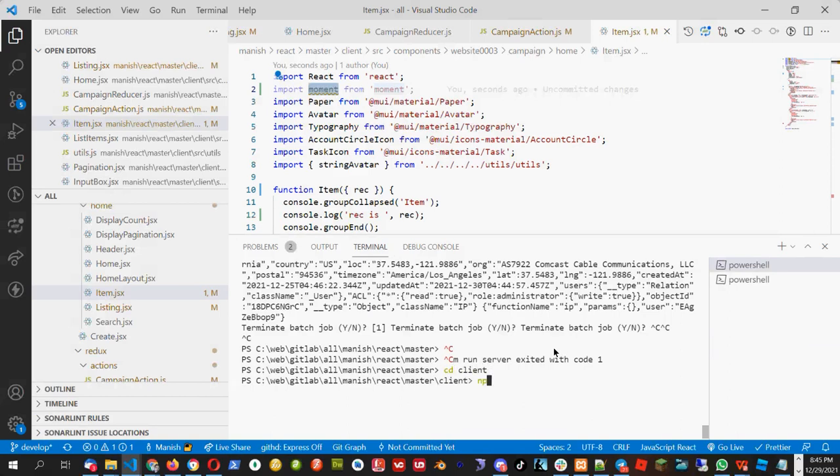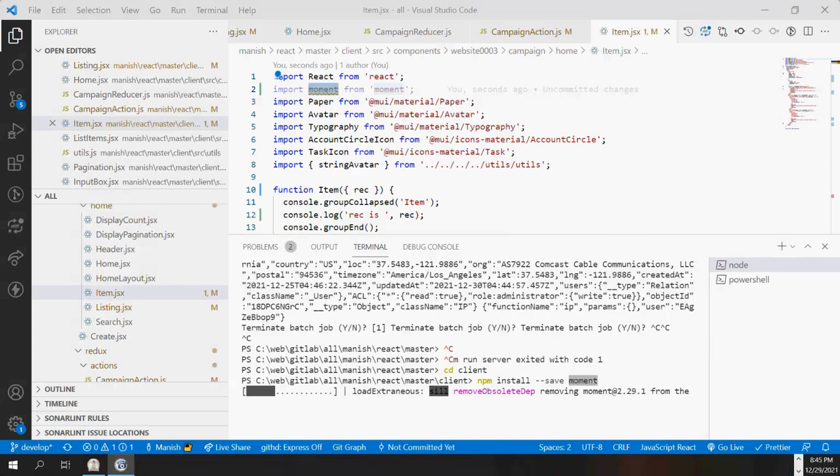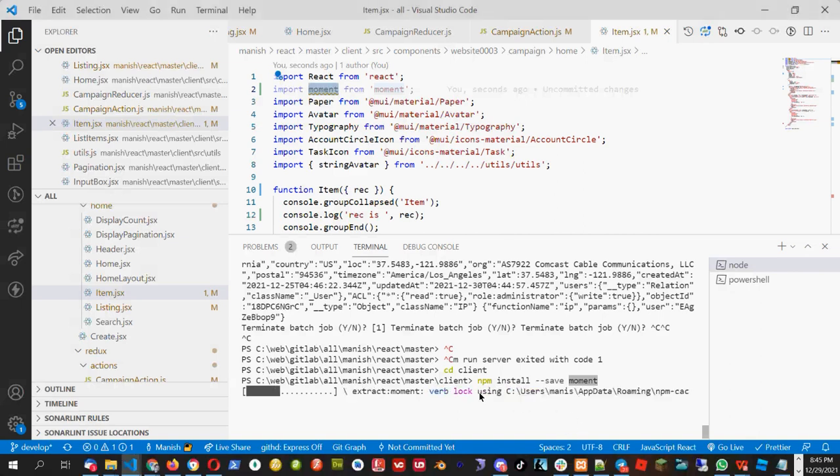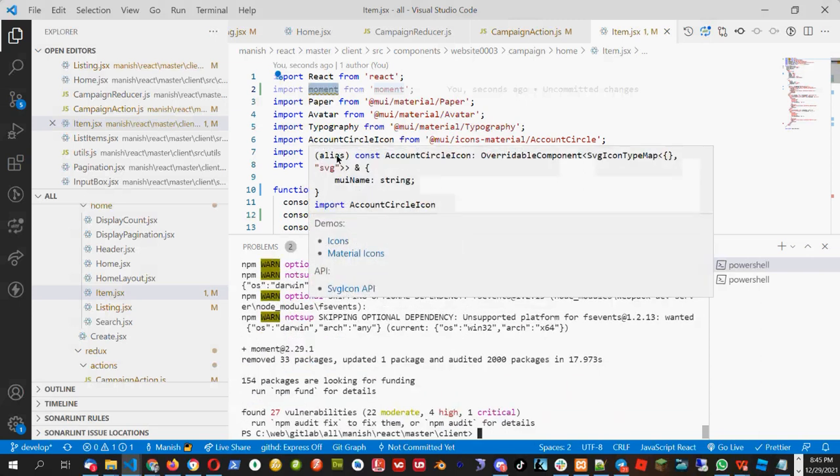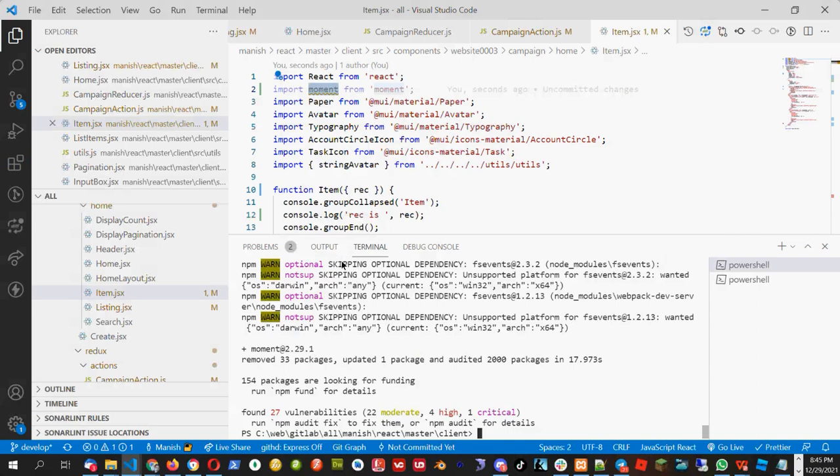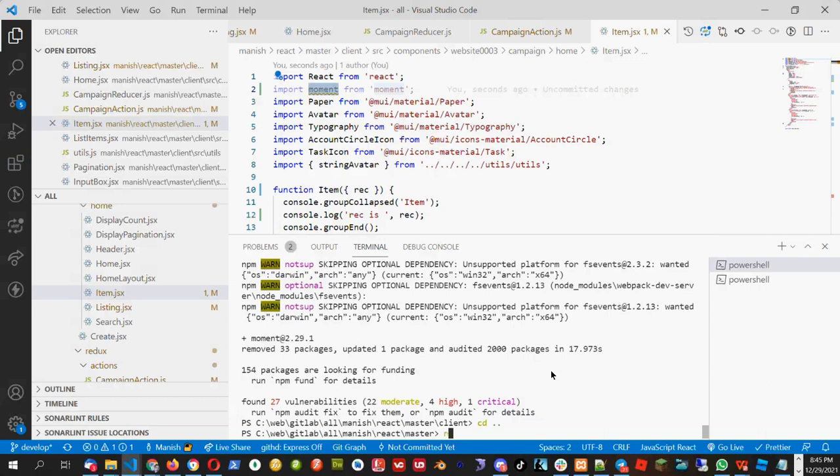I will go to the client folder and run npm install --save moment. We need this package for any date manipulation. You can use vanilla JavaScript also, but you have to take care of a lot of things. So better to use moment for any date manipulation.